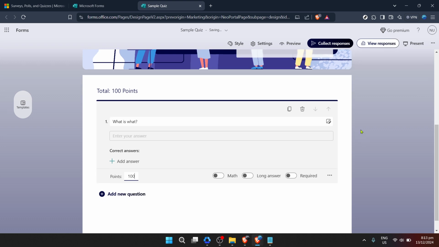The flexibility of Microsoft Forms allows you to customize the point system to suit your assessment needs perfectly. Whether it's a quiz, a formative assessment, or a survey that requires scoring, adjusting the points per question can be done with just a few clicks. Remember, effectively using the points feature can make your assessments more meaningful and nuanced. It allows for a clearer evaluation of responses based on the scoring criteria you set. Plus, it can also provide immediate feedback to participants if you enable automatic grading, which is another fantastic feature of Microsoft Forms.